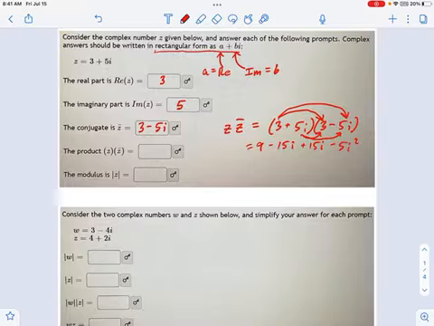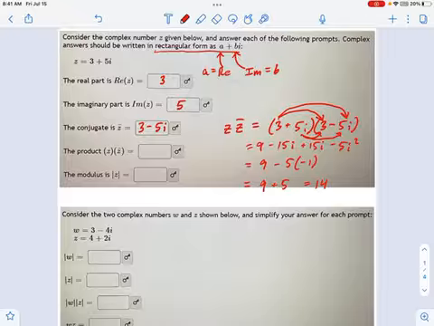Great. So you remember this is the difference of squares. Those middle terms, the minus 15i and the plus 15i, are going to cancel each other out when I combine like terms. It gives me 9 minus 25i squared. Now remember, i squared is negative 1, so I can simplify this further into 9 plus 25, and that is 34. The interesting thing is, the imaginary part's gone. There's only a real number left, and that is what happens every time you multiply a complex number by its conjugate. You get rid of the imaginary part, and that's a very useful trick when you need to do something like rationalize a complex fraction.